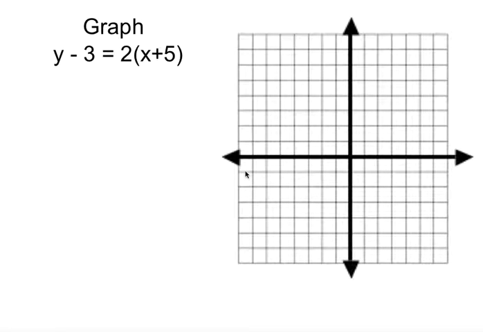In this video, we are going to graph the equation y minus 3 equals 2 times the quantity x plus 5. So here, we don't need to convert this into a different form, although we could. But this form alone is enough to graph, your 2 points and then connect them and move on to the next problem. So this form right here is called point-slope form,